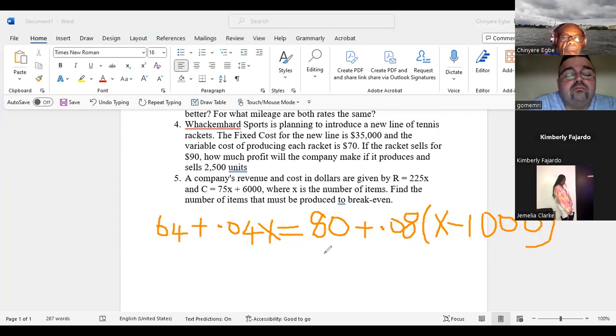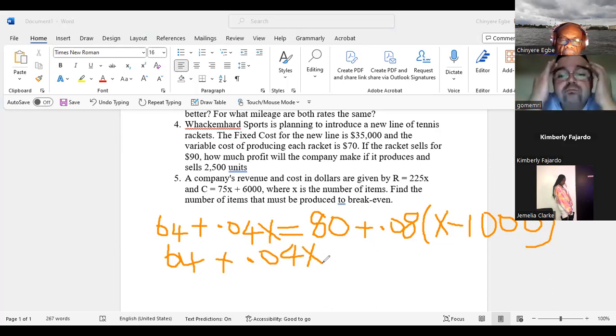Okay, so we're going to break it down. 64 plus 0.04x equal to,